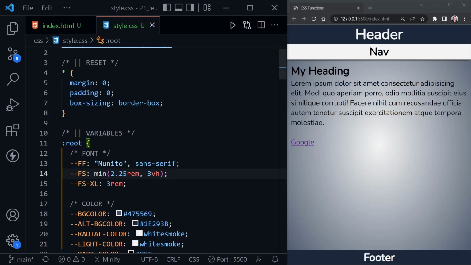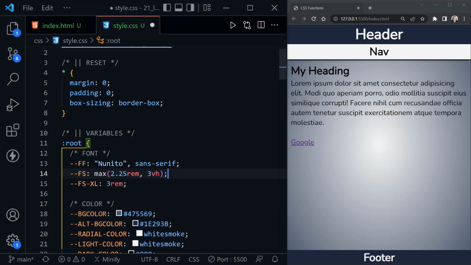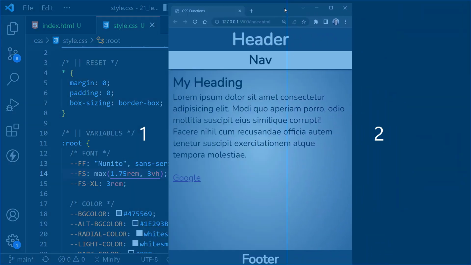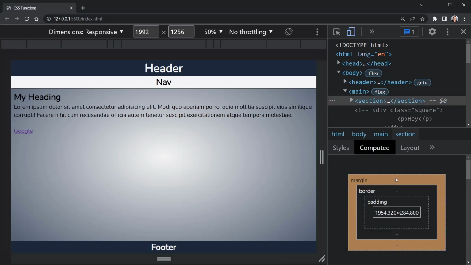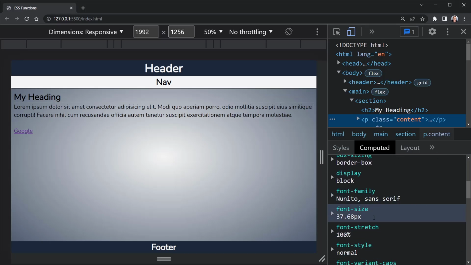So now let's move on to the max function, which is essentially the opposite of the min function. So max is always going to choose the larger of the two values we provide. So just so we can better see a change, I'm going to switch this from 2.25 to 1.75. Now it's always going to choose whichever is larger, either 3 viewport height units or 1.75 rem. So let's once again take a look at our page, and I'll open up the DevTools once again as well, go over to the computed side, and now I'm going to inspect this specific element so we can see that the font size is currently